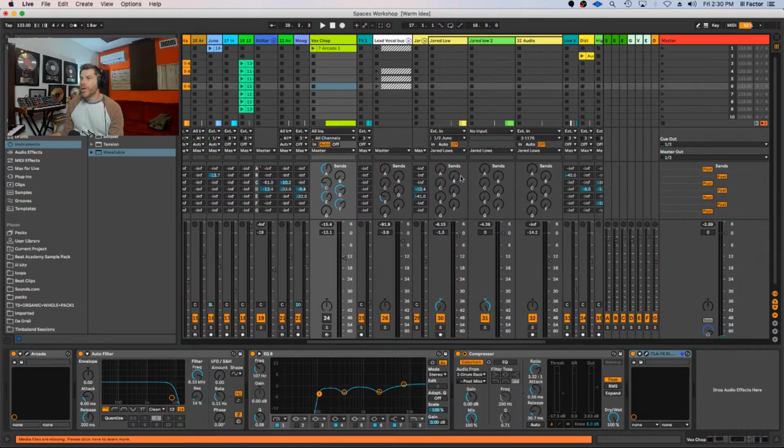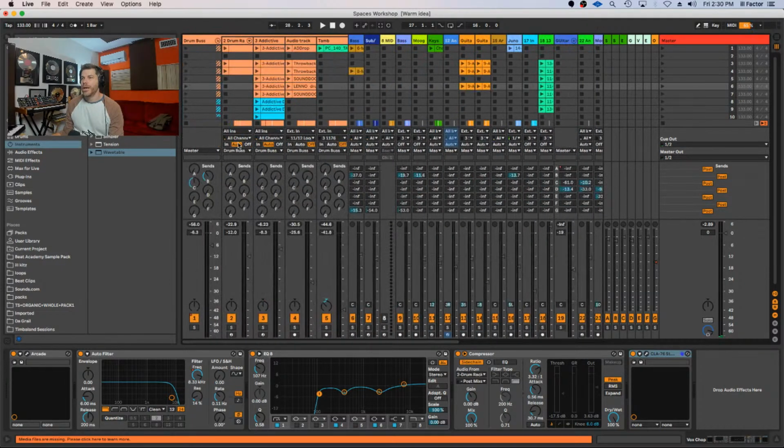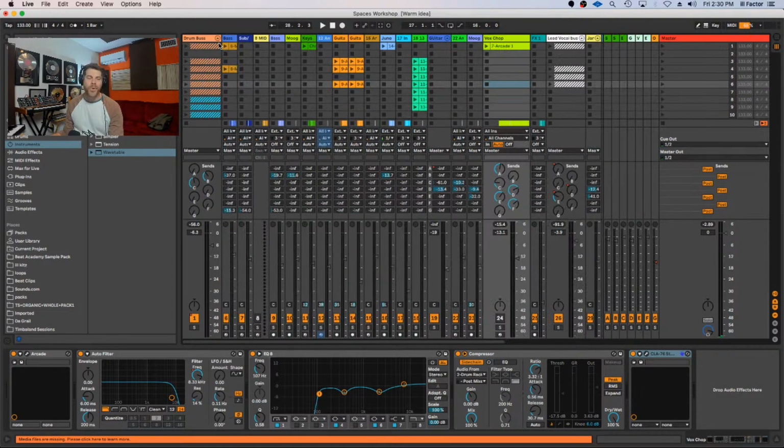The vocals are hard panned left to right. Harmonies are panned left to right. Some instruments, certain things, tambourines pan to the left. Small little things here pan, because a lot of my stuff is in stereo anyway, so I don't really have to pan a huge stereo track to the left and right.